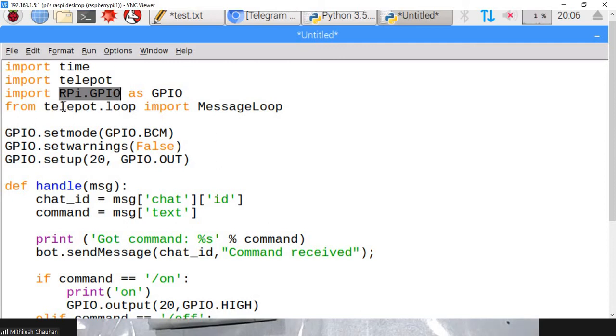Our program will be running in an infinite loop, or say a thread that will be running in the background. So for that we have imported telegram.loop. This is basically a thread that will be used for executing some application, for example some method that we have created in the application.